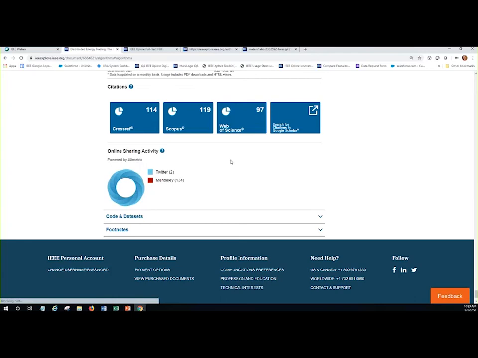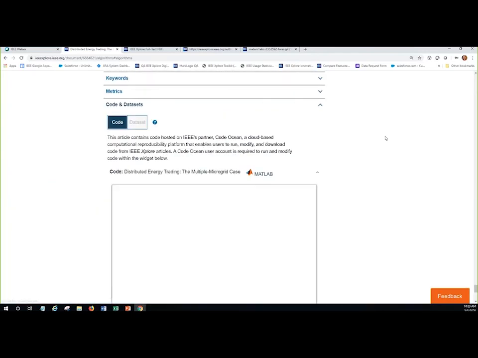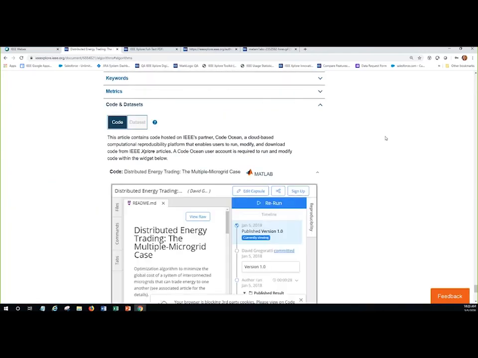And then earlier I mentioned our supplemental items facet, where you can narrow down to documents that have media, code, or data sets. And those supplemental items will also be included in this full text HTML view of the article. So this particular article has code associated with it. And the code is a partnership with CodeOcean, which is a cloud-based algorithm platform which allows users to run, modify, and download code from IEEE articles.